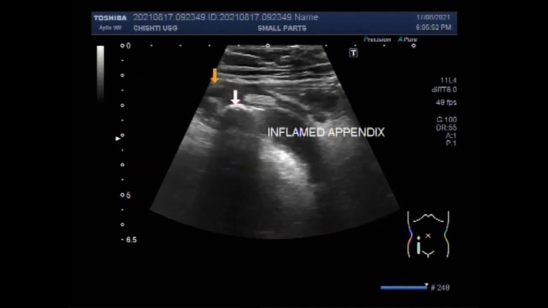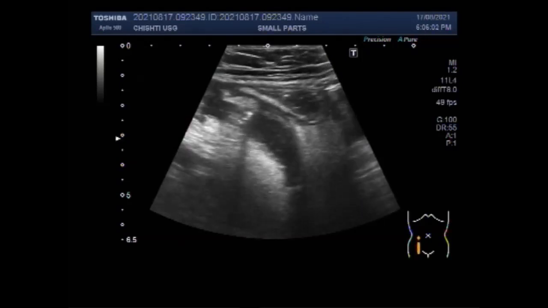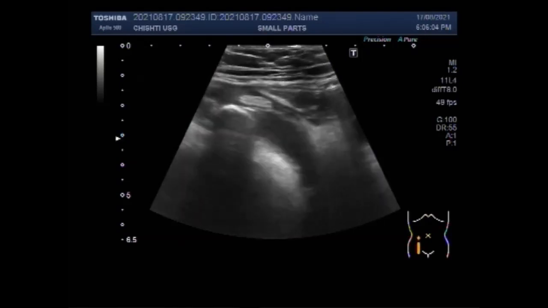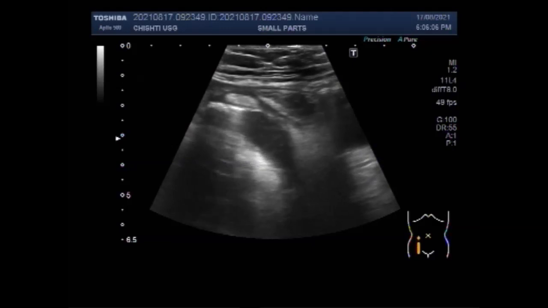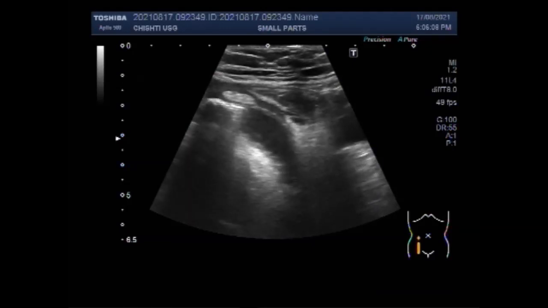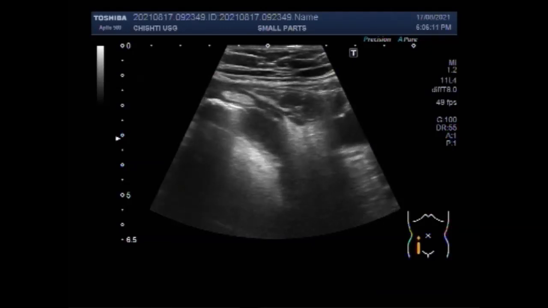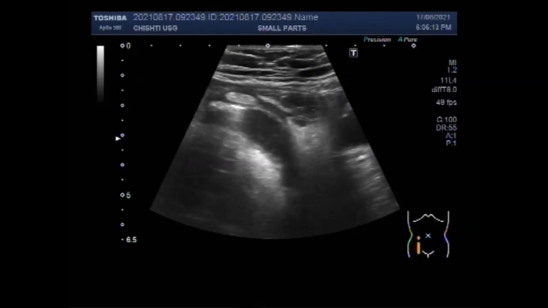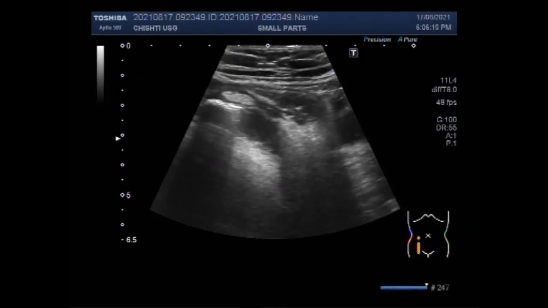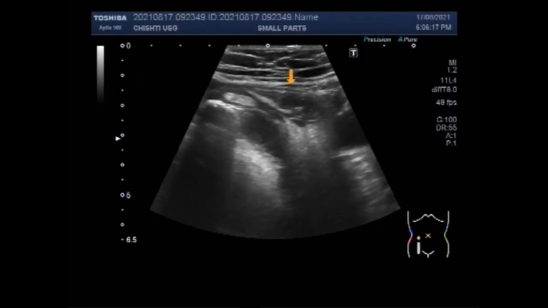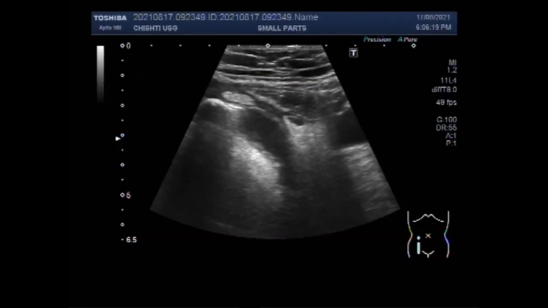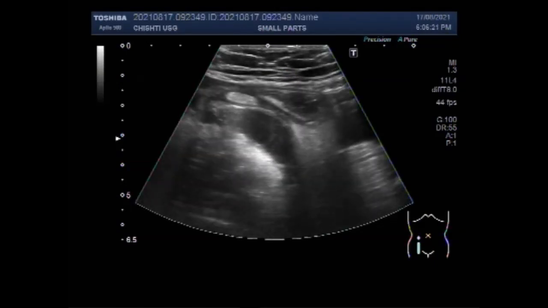Now you can also see the fecalith in the proximal portion of the inflamed appendix. An appendicolith is a calcified deposit within the appendix. They are present in a large number of children with acute appendicitis and may be an incidental finding on an abdominal radiograph or CT. Incidence may be increased among patients with retrocecal appendix.